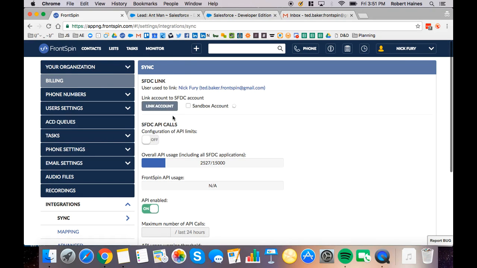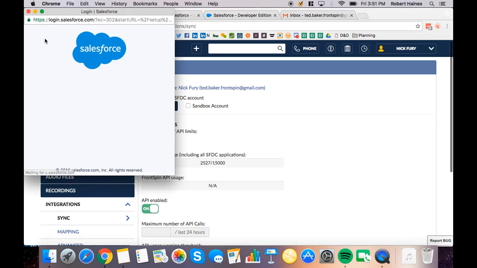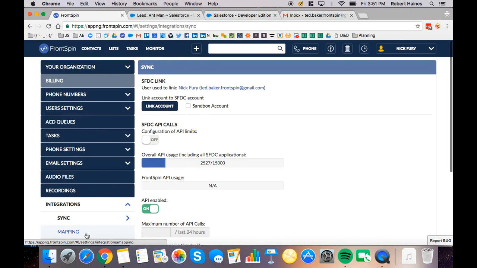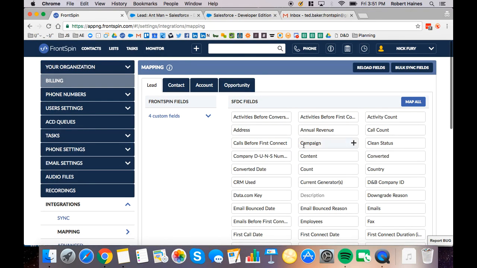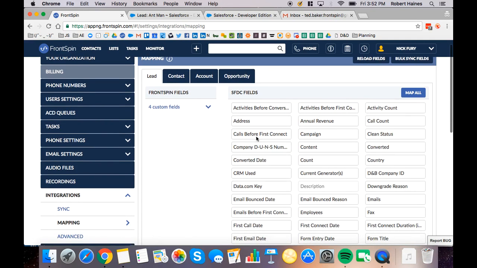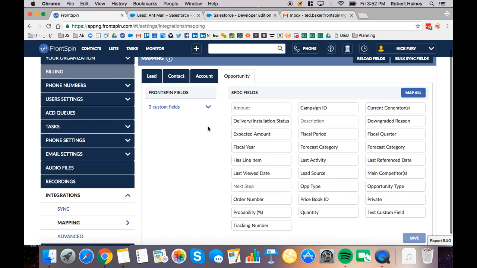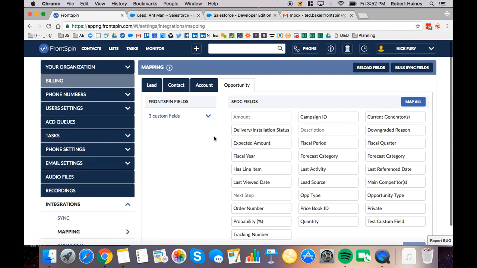So when we initially set up FrontSpin, what we do is we come under integrations here, we link a Salesforce account. So once that's linked, now we can see all of those different fields inside of Salesforce, and 90% of which are not relevant to the sales rep. So we want to say, like, less is more, and map out the things that are actually important to the sales team inside of FrontSpin. So you might say, okay, I want to see the address, I want to see the campaign, I want to see, I don't know, the country, etc. Right? I can do that on leads, contacts, accounts, opportunities,